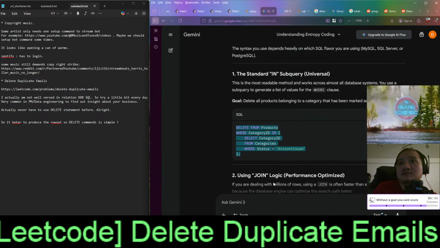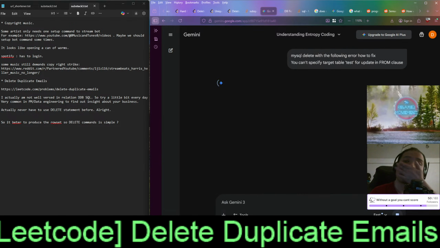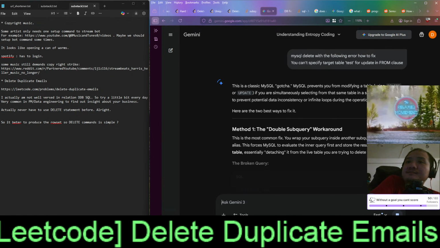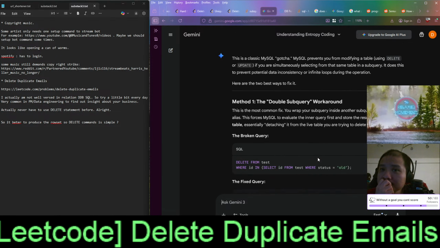Let's just search this. MySQL delete with the following, how to fix. The double subquery workaround: you wrap your subquery inside another subquery.